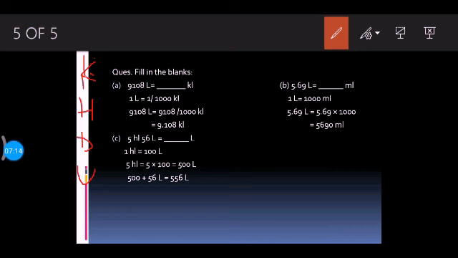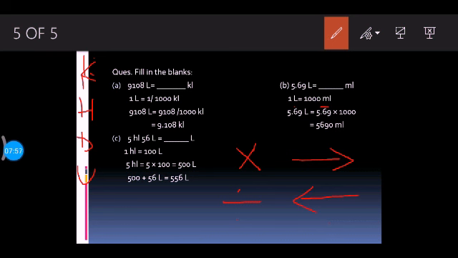Okay. Here the next part is 5.69 liter into milliliter. From bigger to smaller unit you have to convert, and from liter to milliliter 3 steps you have to take downwards. So you will multiply by 1000. Okay. So here by multiplying with 1000 you have to shift the decimal point to the right. Remember one thing, whenever you are multiplying with 10, 100, 1000, 10,000, you move the decimal point in right direction. And whenever you are dividing with 10, 100, 1000, you move the decimal point in left direction.